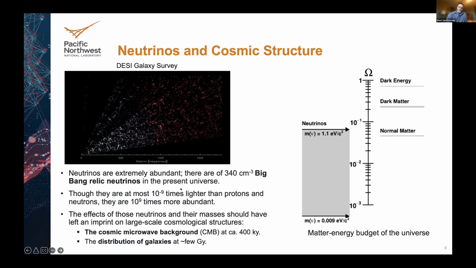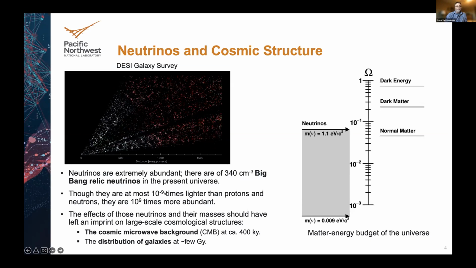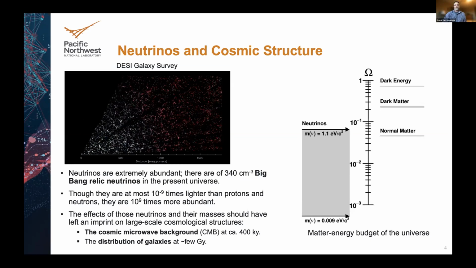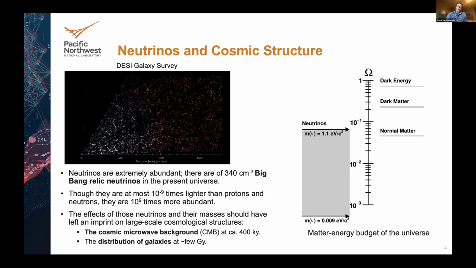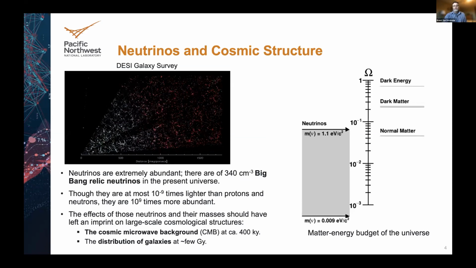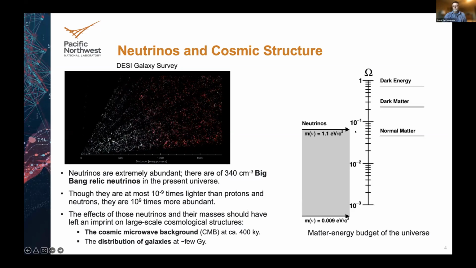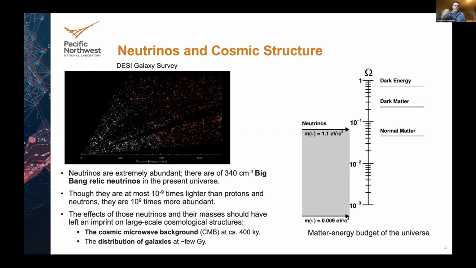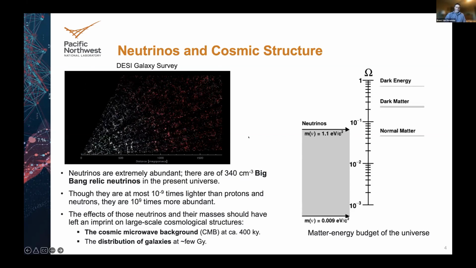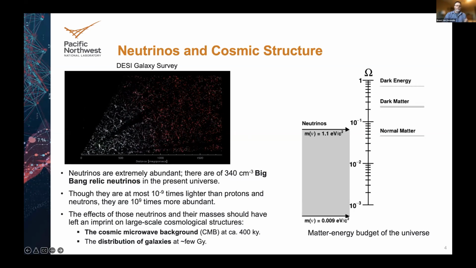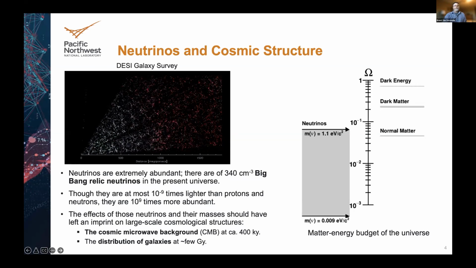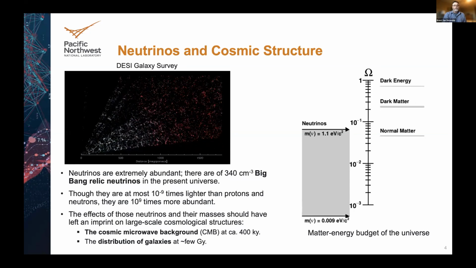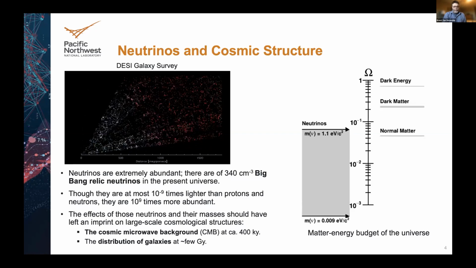In fact, in our particle physics theories, they are completely massless. We know at the most they weigh 1/billionth as much as a proton or a neutron. But because they're so abundant, they're a billion times more abundant than protons and neutrons. They might actually contribute a similar amount of normal matter to our universe. And if they do, they will have played a role in the evolution of large gravitational structures like galaxies and clusters of galaxies. This image on the left is a brand new galaxy survey from an instrument called the Dark Energy Spectroscopic Instrument.